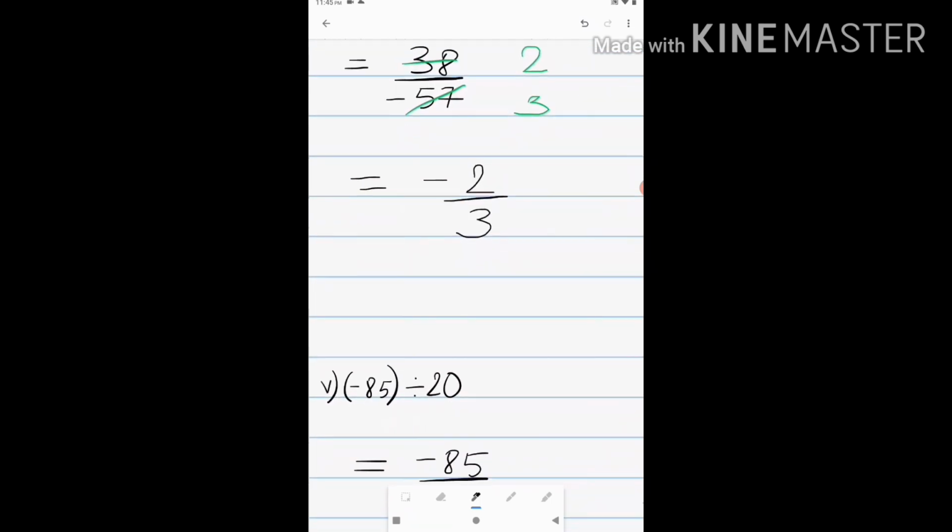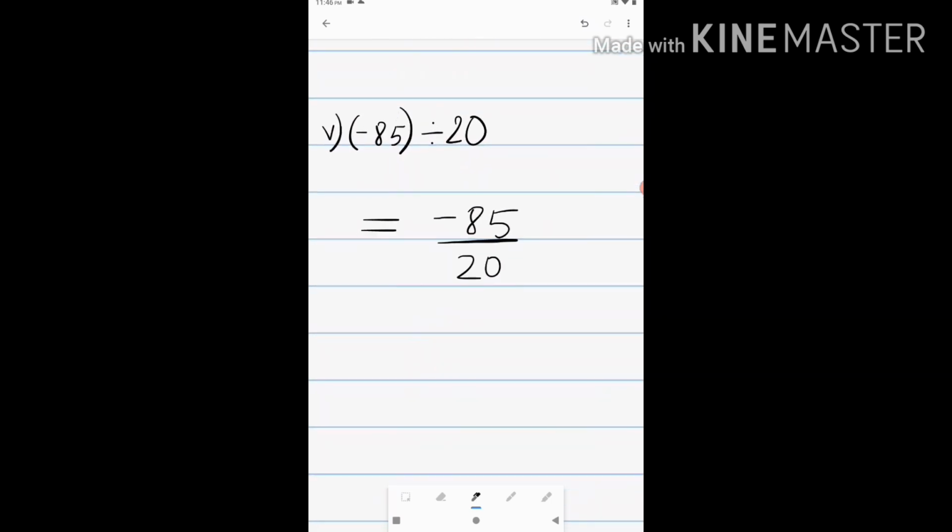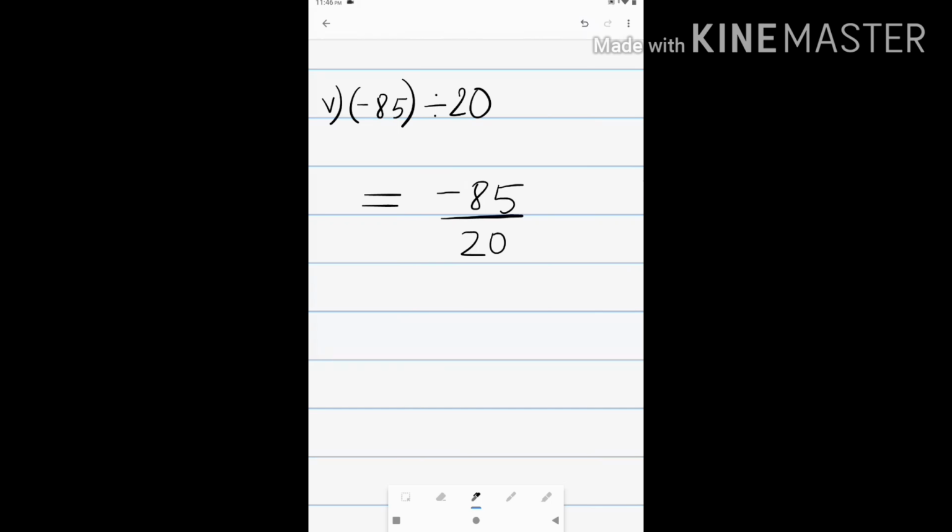Okay, let's move forward to sum number 5. Now we will begin with sum number 5. As you can see in sum number 5, both the numbers are ending with a 5 or a 0. So this is divisible by 5. The number 5 both go in 5 times table.